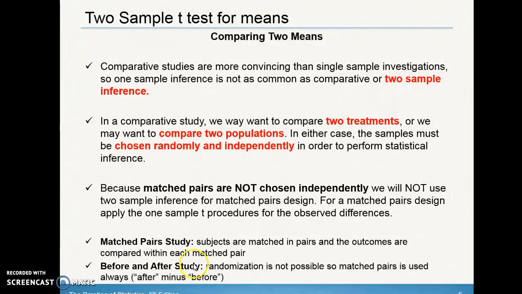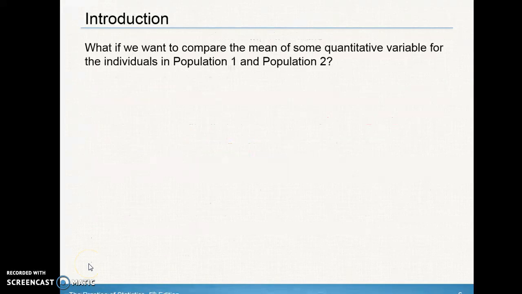Or a before and after. Randomization isn't possible, so matched pairs is used always, and you make sure you're always doing the after minus the before. So this is just a review of what you actually did in the last section. All right, so now let's take a look exactly what is a matched pairs, or what is a two-sample t-test,